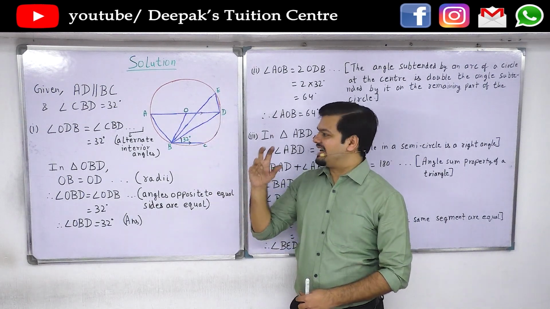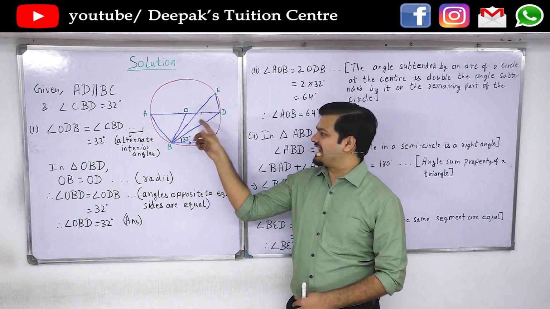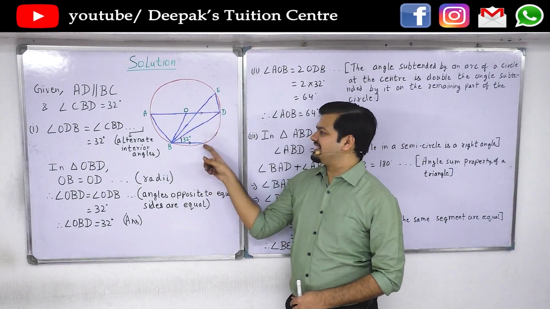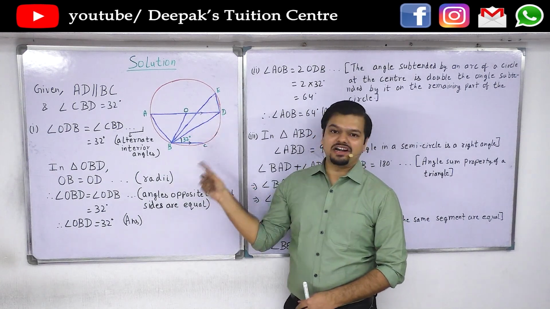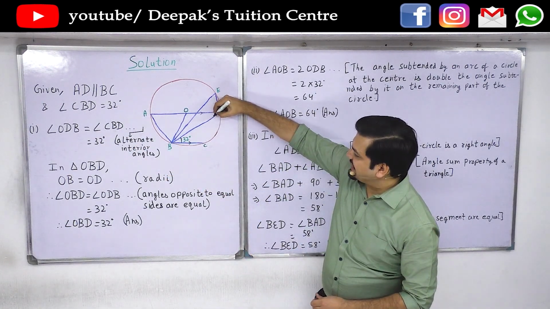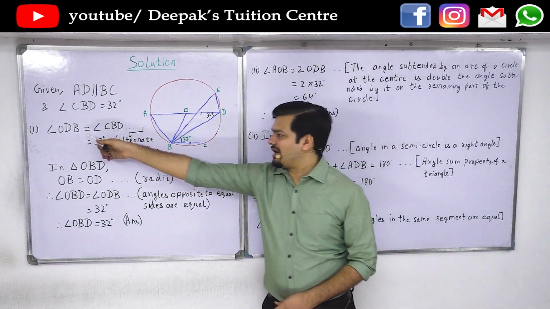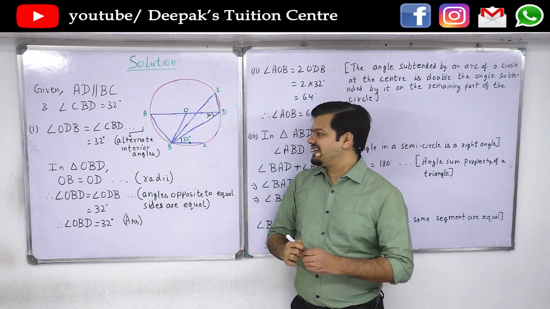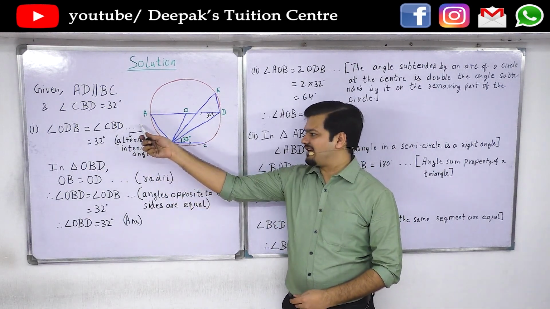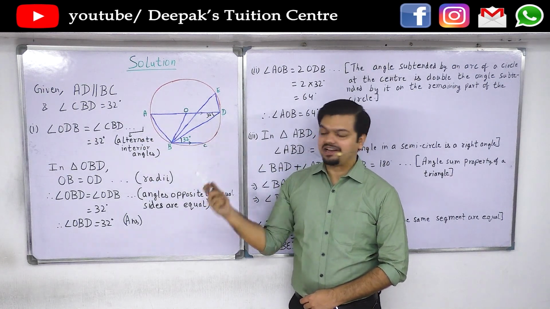So to find angle OBD, I first see that since these are parallel, AD and BC, then I can see that angle ADB is equal to angle DBC or CBD, that is alternate interior angles. You can see a Z forming here. So therefore I can state that this angle is also equal to 32 degrees. So angle ADB equals angle CBD, that is 32 degrees. The reason is alternate interior angles. I have a lack of space here, so I have written it a little below. You can write it on the same line.